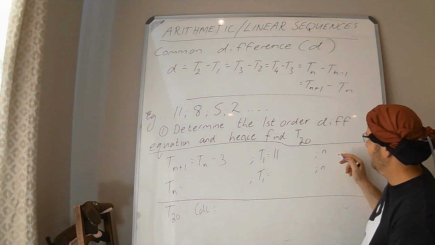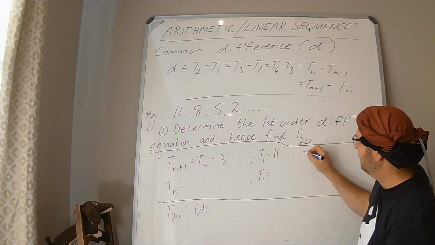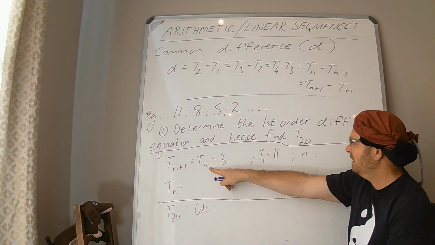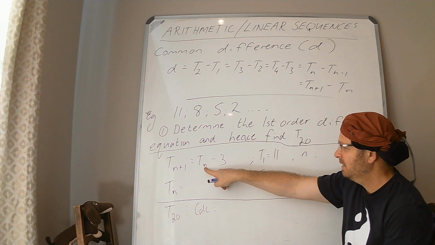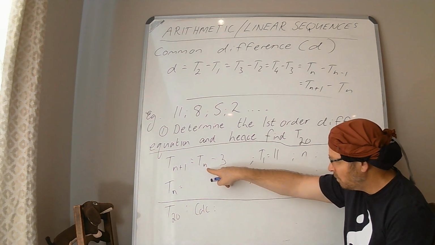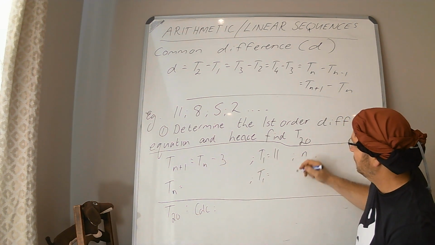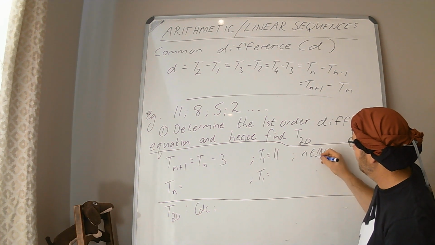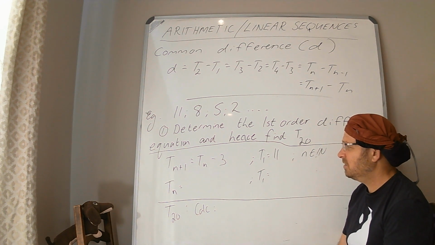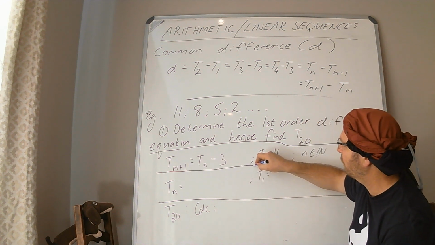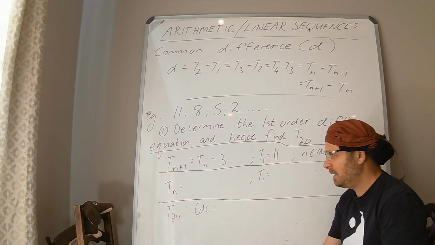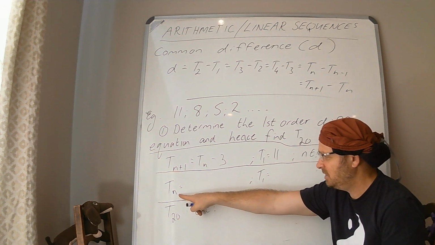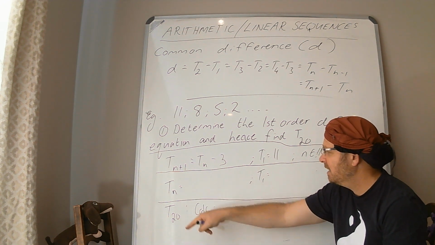Now just one little detail: if I'm working like this, what could n be? Well, we could start with n is equal to 1, because you could have term 1, and then it's just natural numbers, so you can just write n is an element of natural numbers. You just have to choose one or the other of the ones I'm going to do. Perhaps it's easier to stick to one type, n plus 1 or tn, but if you did use tn, then